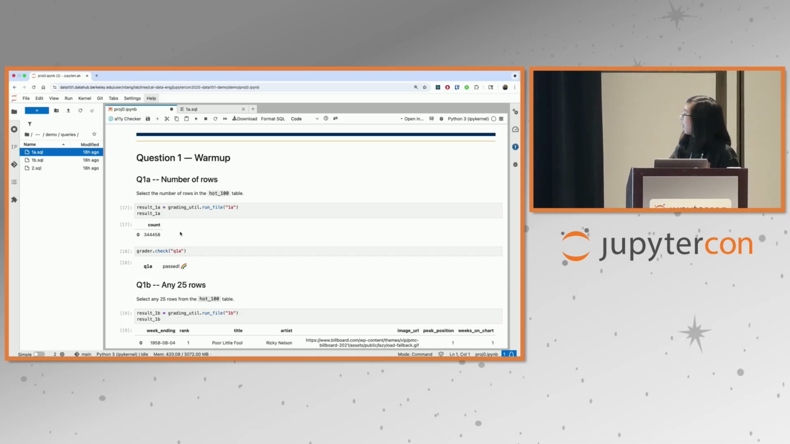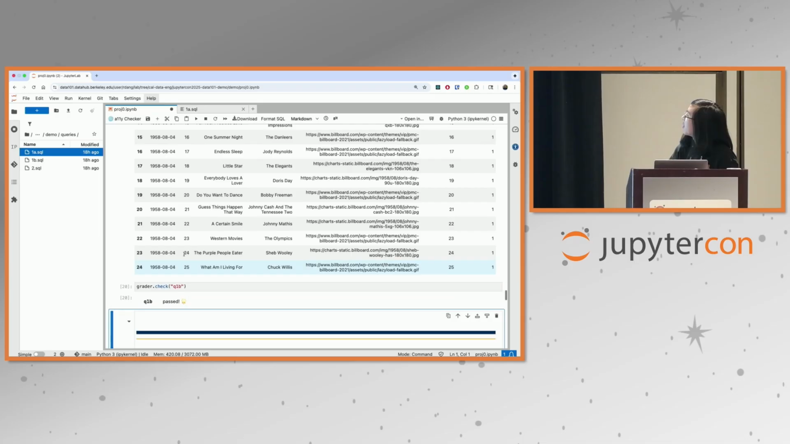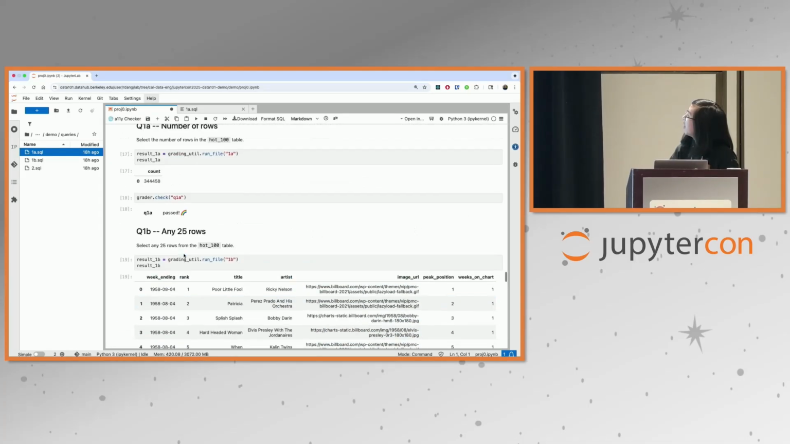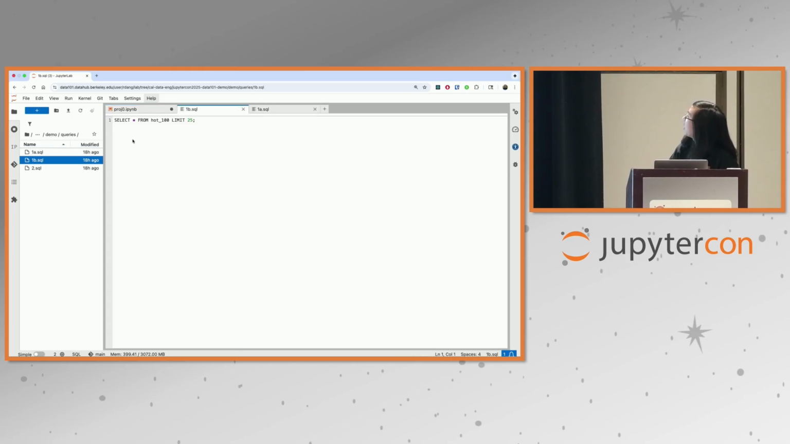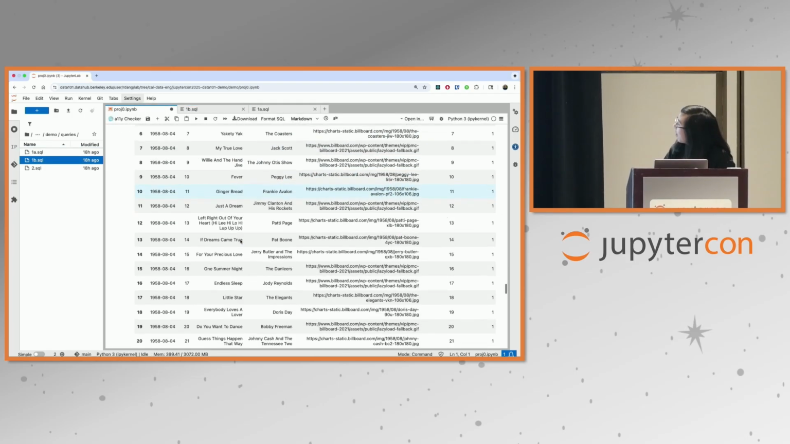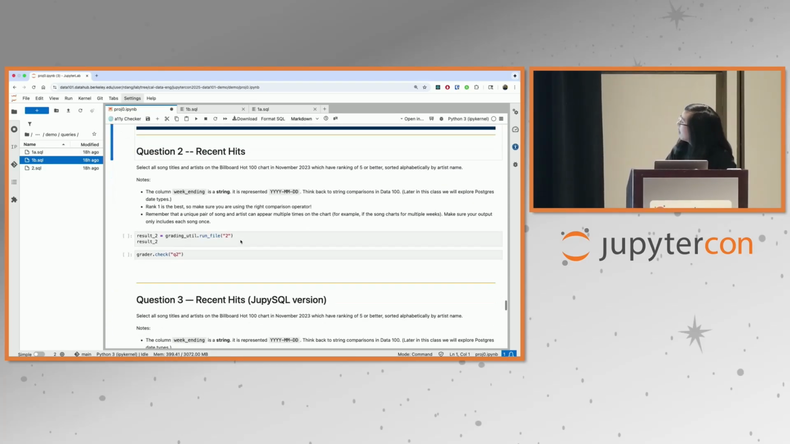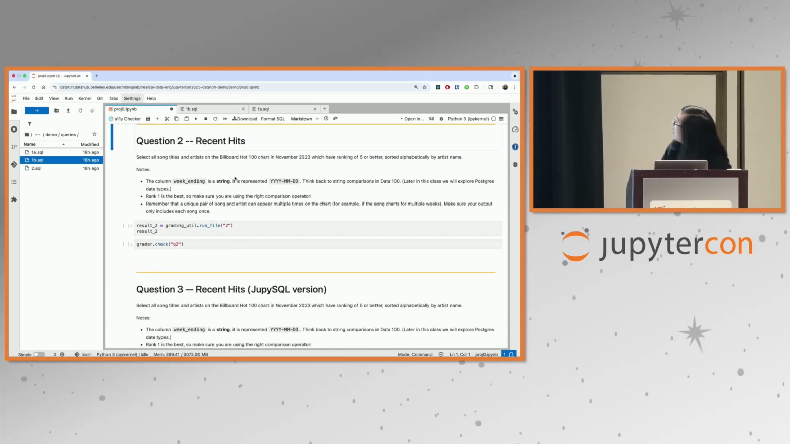And then a similar thing for question 1b, which is a little bit more complicated, which is selecting any 25 rows from the Hot 100 table. And once again, we can see what that query looks like in a separate file. Now let's look at a question that's a little bit more interesting, which is selecting all the song titles and artists from the Billboard Hot 100 in November 2023 with a ranking of 5 or better,